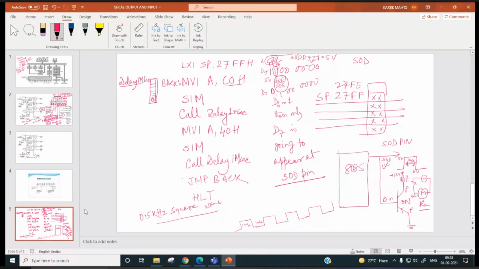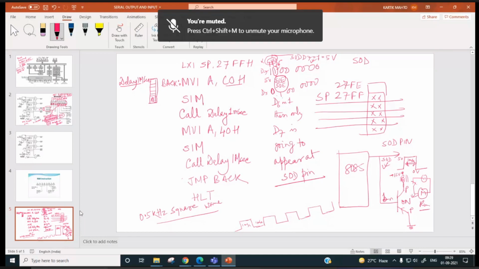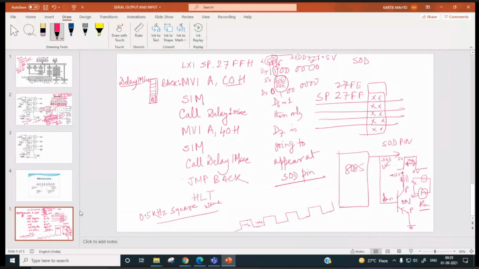Right. In that case, to not run this motor, you have to output 1 over here, right? Or suppose the motor is already running, then the problem will also be there. If you output 1, then the motor will stop, right? Anyway, now it is clear why it has to be tri-stated.